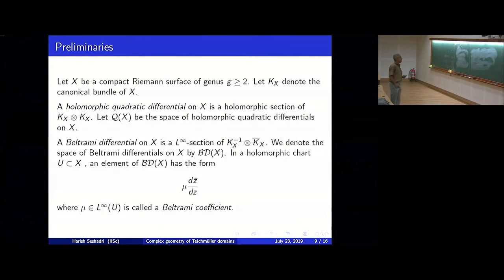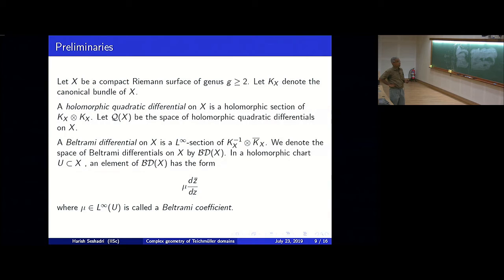Well, so let me start by recollecting some basic definitions from Riemann surfaces. X will be a compact Riemann surface of genus greater than 2, K_X the canonical bundle of X. So this is just the bundle of holomorphic one forms on X. A holomorphic quadratic differential on X is a holomorphic section of K_X tensor K_X. Classically, it's just written as dz squared multiplied by a holomorphic function in local coordinates. Let Q_X be the space of holomorphic quadratic differentials